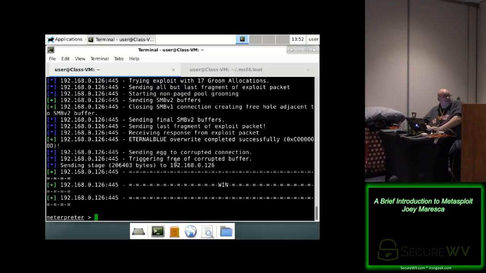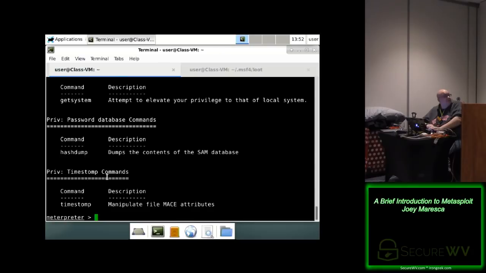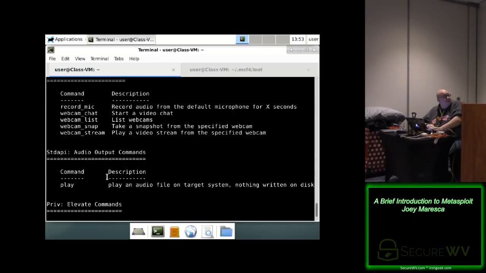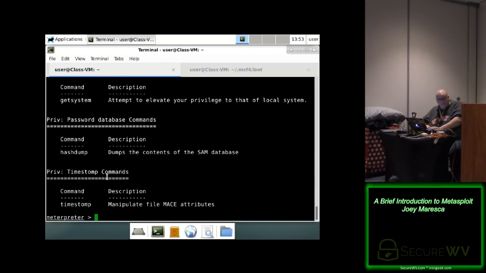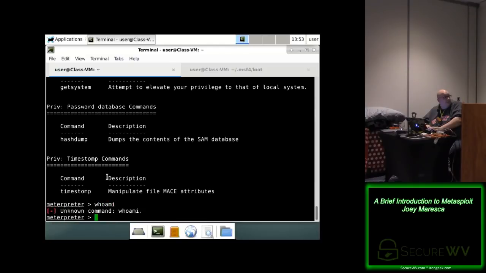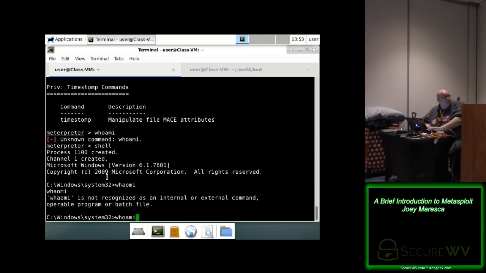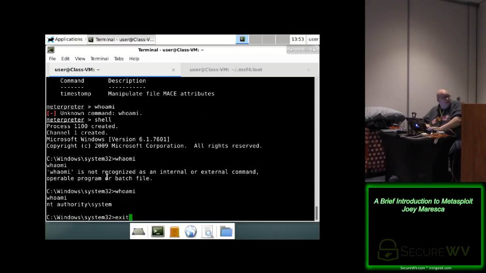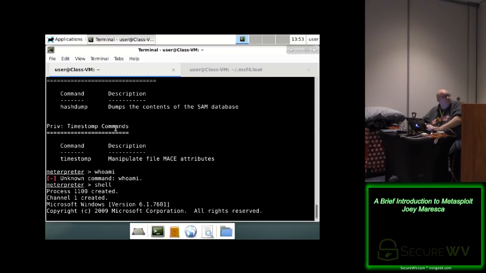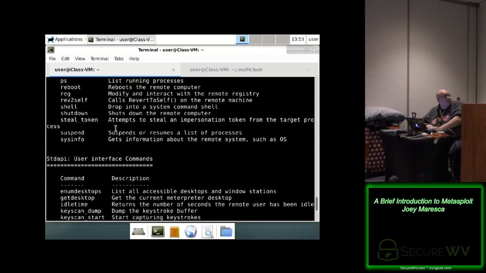Interpreter. So, EternalBlue should work to get you to Windows. The reason I wanted to do a Windows box is for some of the commands here. So, one, go to shell and run the command type. You see we have system,